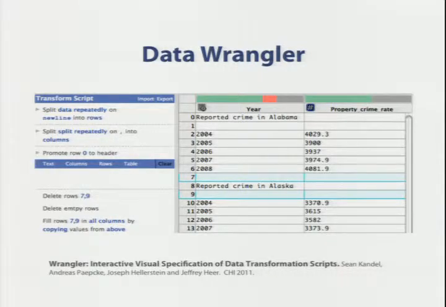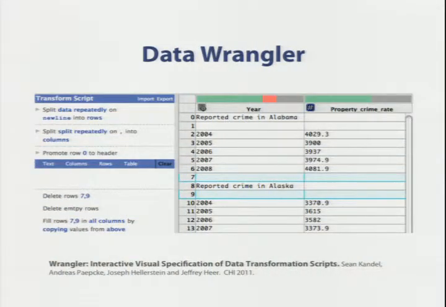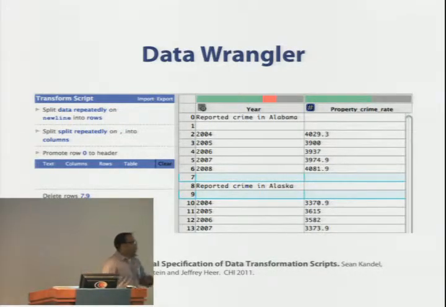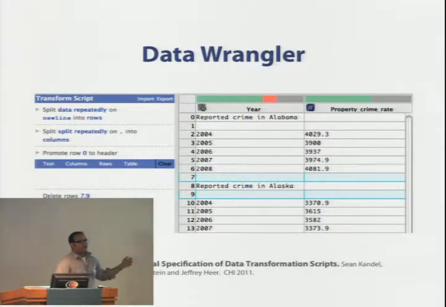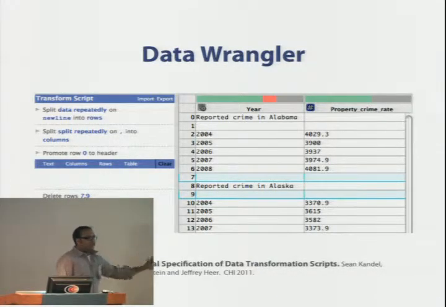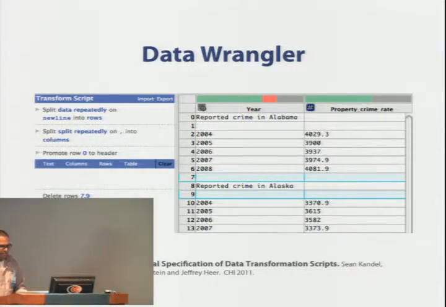And this project is really aimed at helping people clean data. Most of the data sets that we acquire in the world are formatted in a way that doesn't make them amenable to the visualization tools that we have. There's always a cleaning step. We load our data table into a tool like Excel and have to massage the data in a number of ways before it's ready for visualization. And this tool is really aimed at helping that process of massaging the data and getting it ready for visualization.